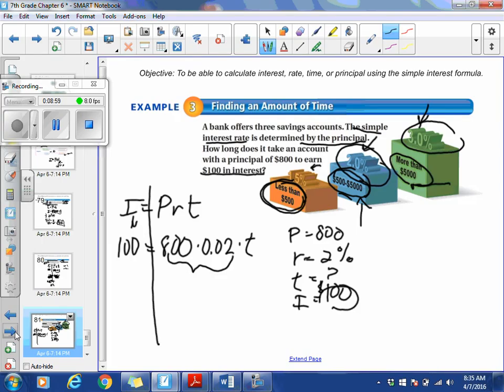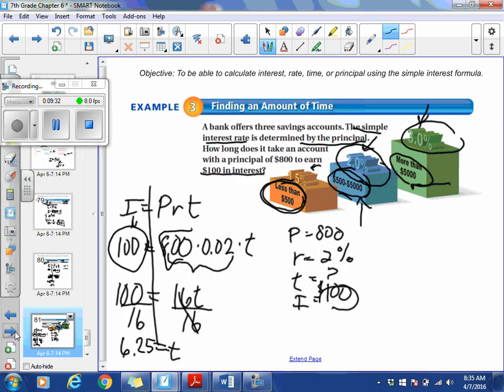So our goal is to get T alone so we can figure out what it is. I'm going to start by simplifying this side of the equation. 800 times 0.02 gives us 16 times T, which would be 16T. All right, our variable is still not alone. Divide both sides by 16. When you do 100 divided by 16, you should get 6.25. All right, remember time is always in years, so that's saying it takes a little bit more than 6 years